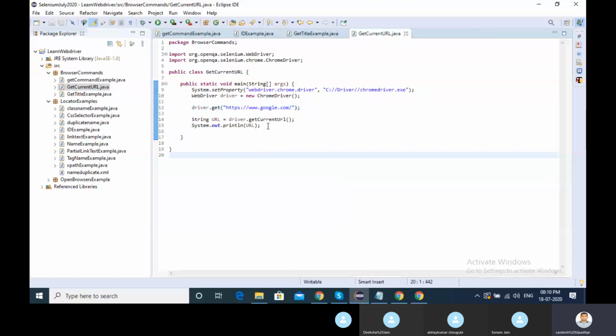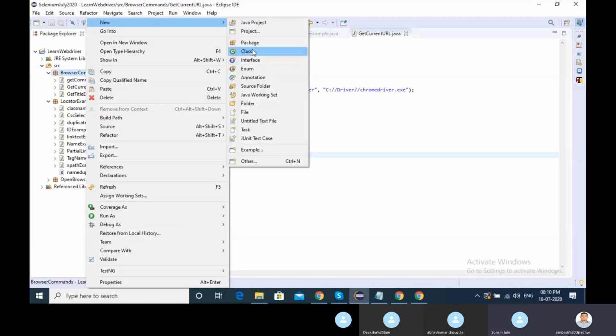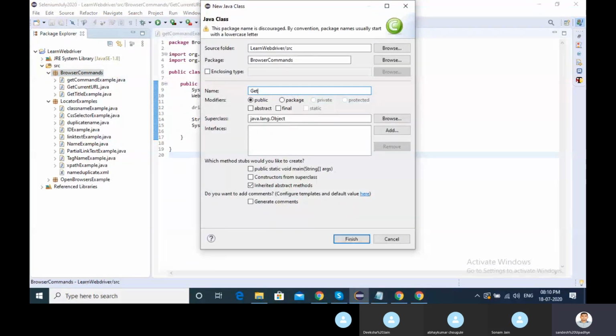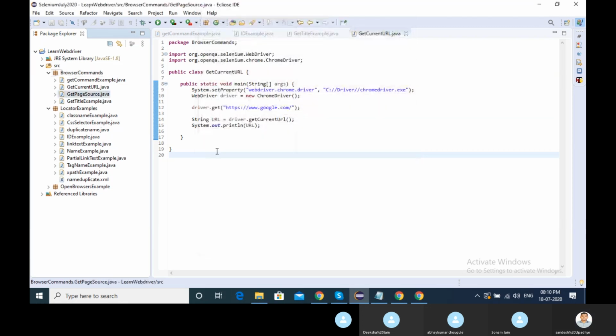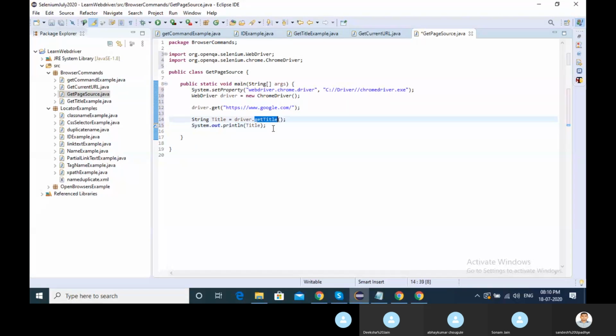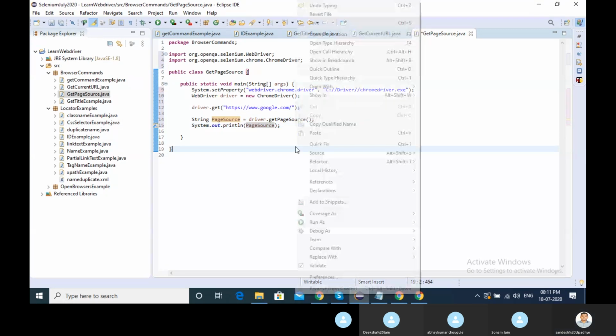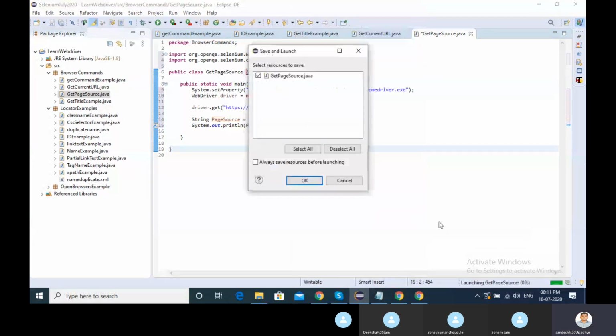Same thing, if I want some page source, get page source, whatever the page source we have will be printed here.